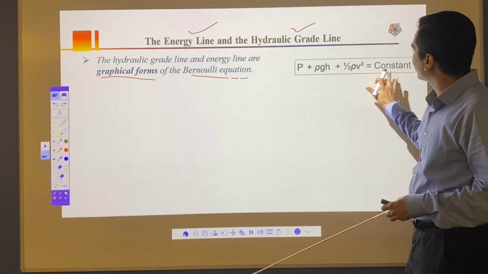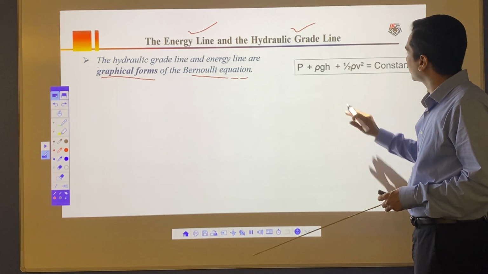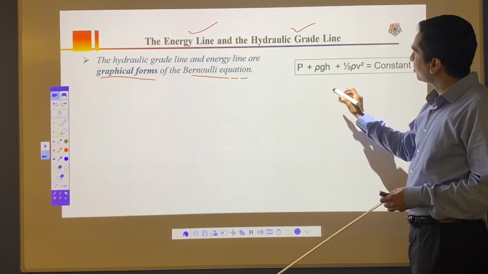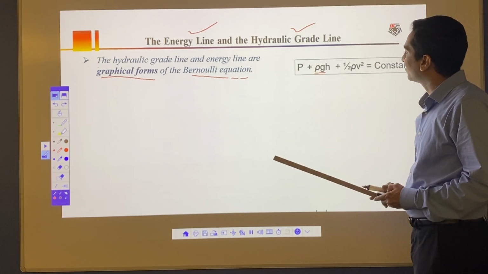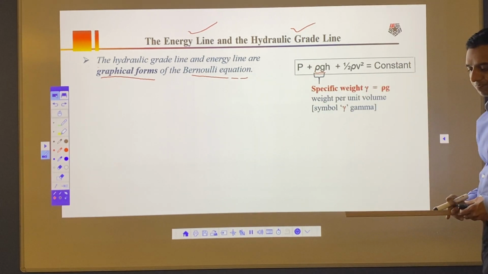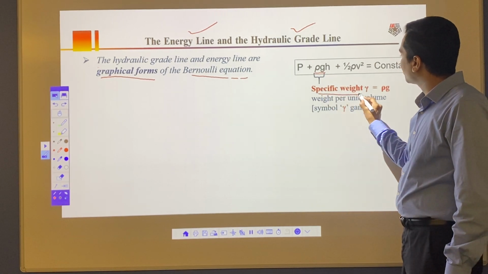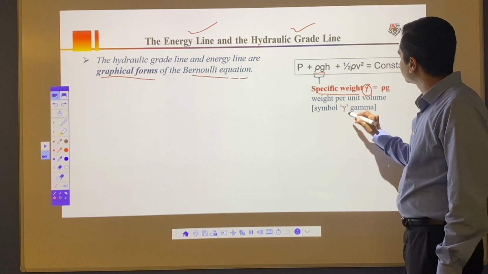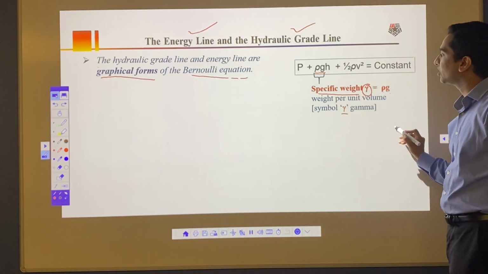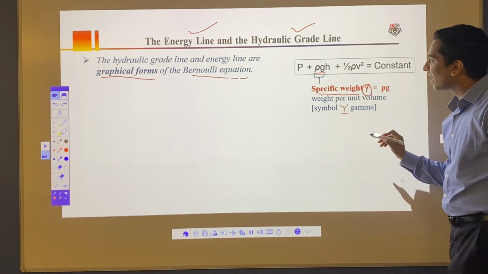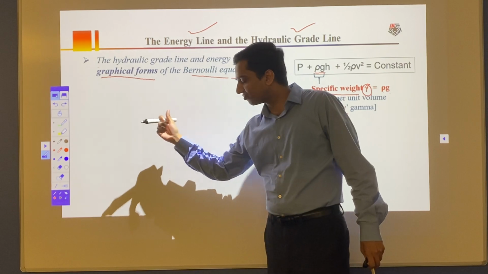So in this equation, I have pressure, density, gravity, height, and 1/2 rho v square. What I'm going to do is divide this equation by density and gravity. If you remember from chapter 1, density times gravity is nothing but specific weight, given by the letter gamma. That's my weight per unit volume. To get that graphical form for the equation, I'm going to